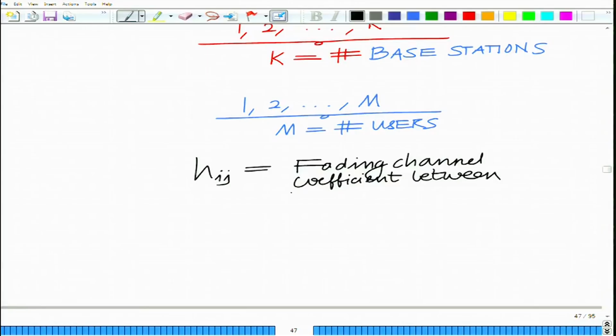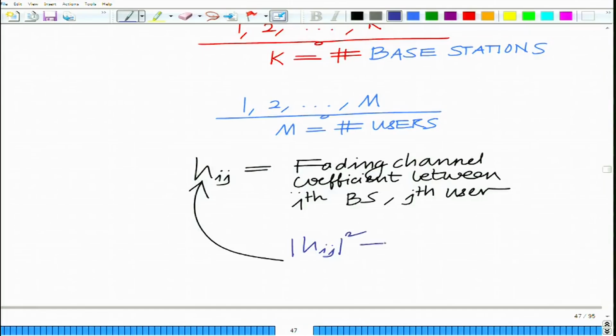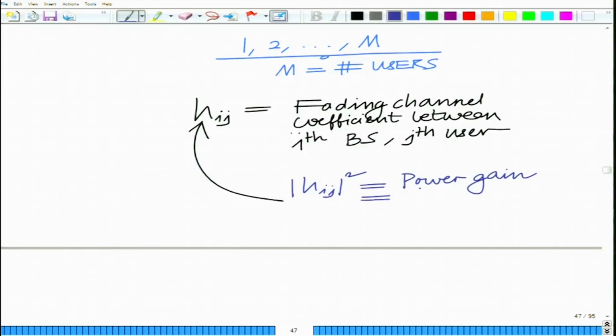Okay, so this is the fading channel coefficient between the ith base station and the jth user. If you look at the magnitude |h_ij| squared, this represents the power gain, or what is conventionally known simply as the gain. There can also be an amplitude gain which is given by the magnitude |h_ij|. This is the power gain, |h_ij| squared,